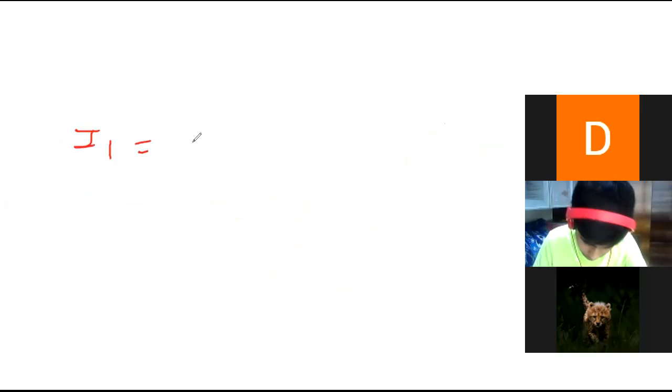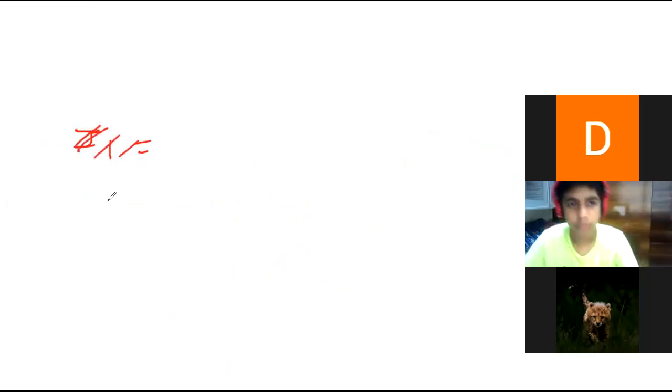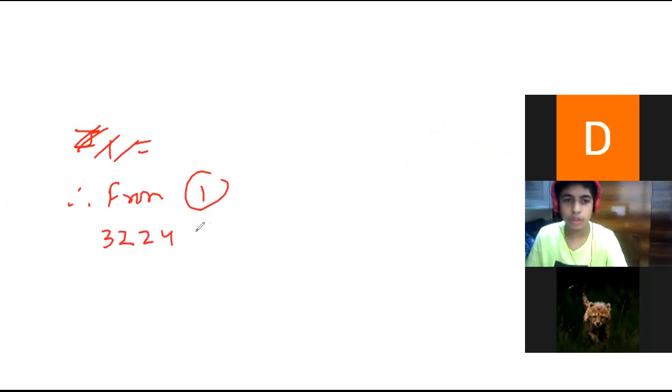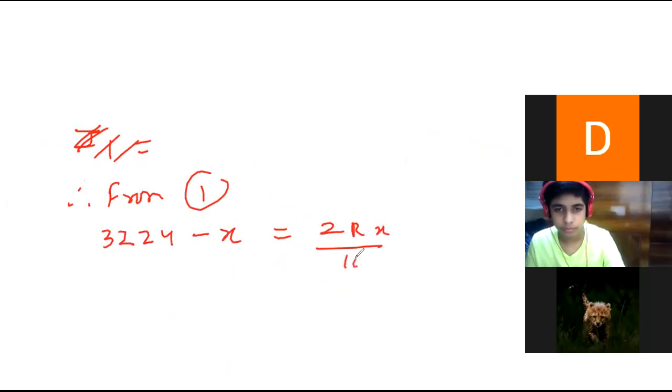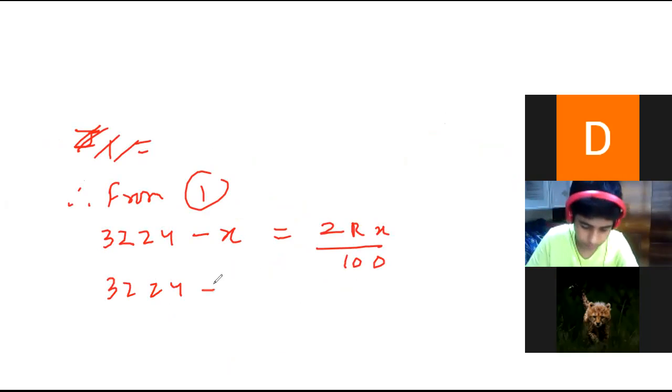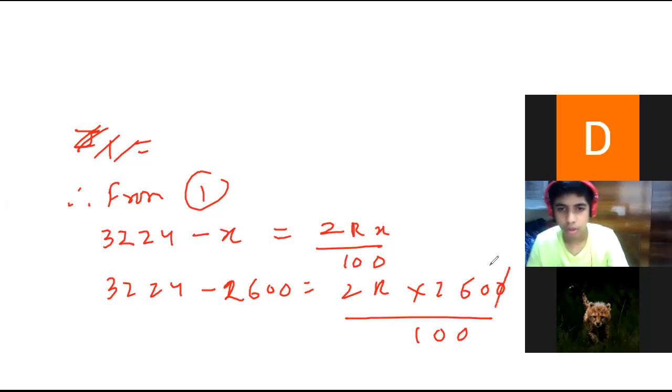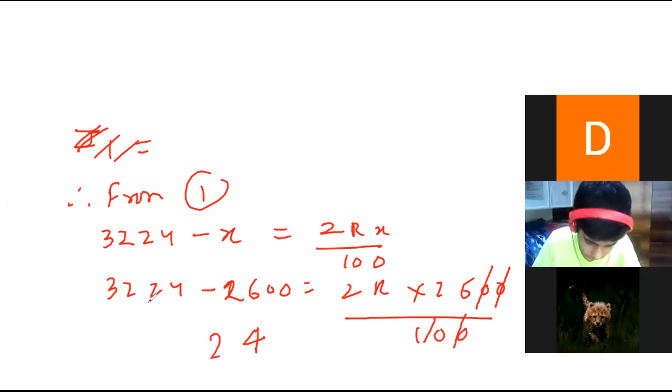I1. What is equation 1? Can you tell me equation 1? Sir, it is 3224 minus x equals 2rx upon 100. Now what did we get x as? 2600. So 2r into 2600 upon 100. These two zeros we can eliminate. 4 minus 0 is 4, 2 minus 0 is 2, 12 minus 6 is 6, and 2 minus 2 is 0, equals